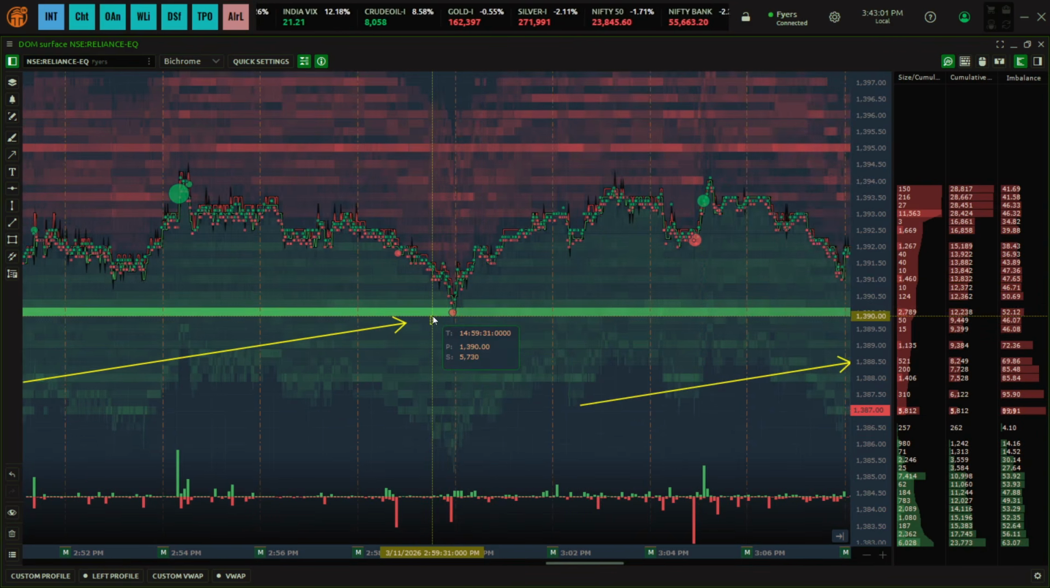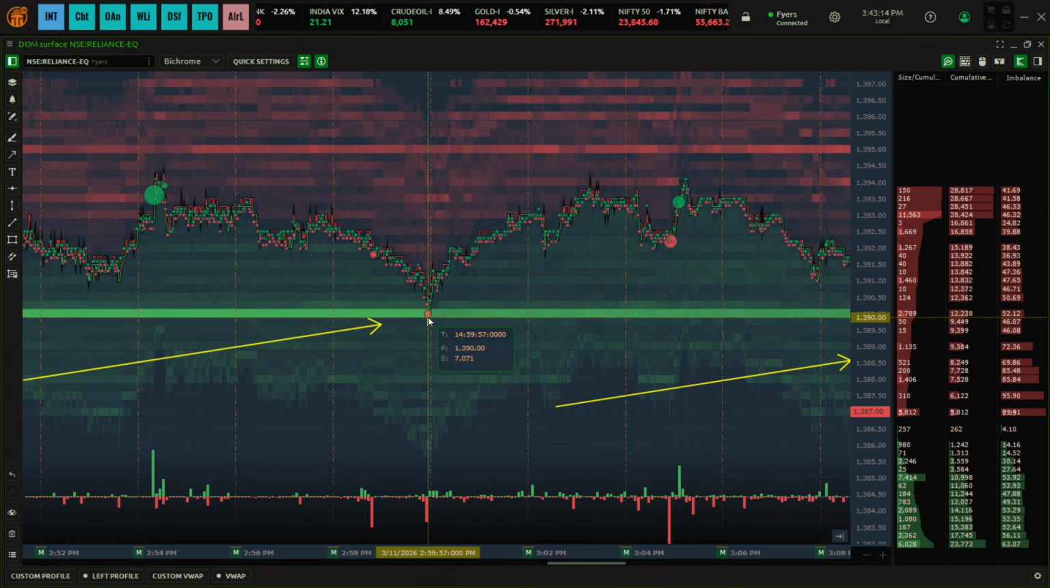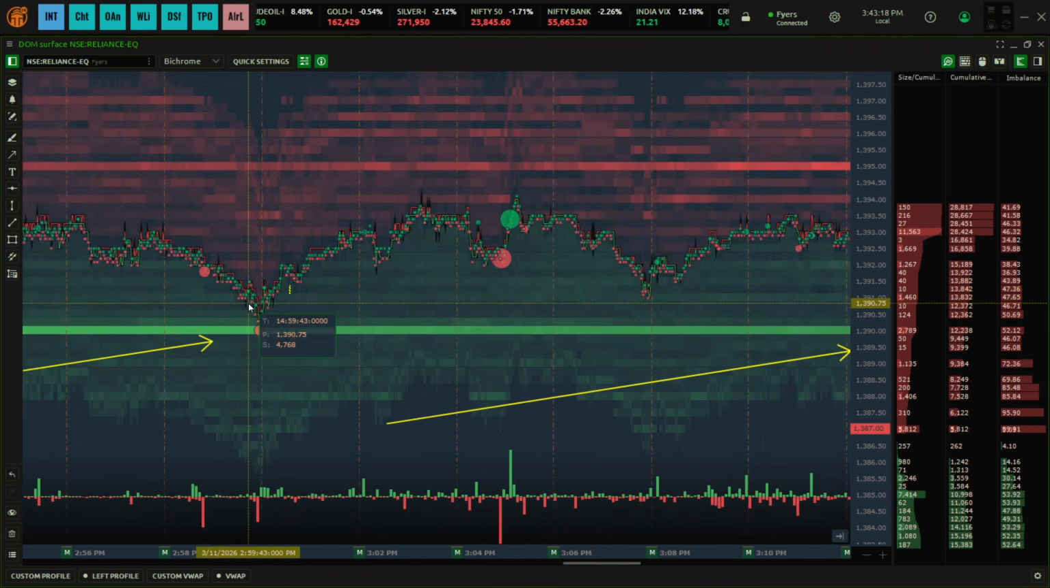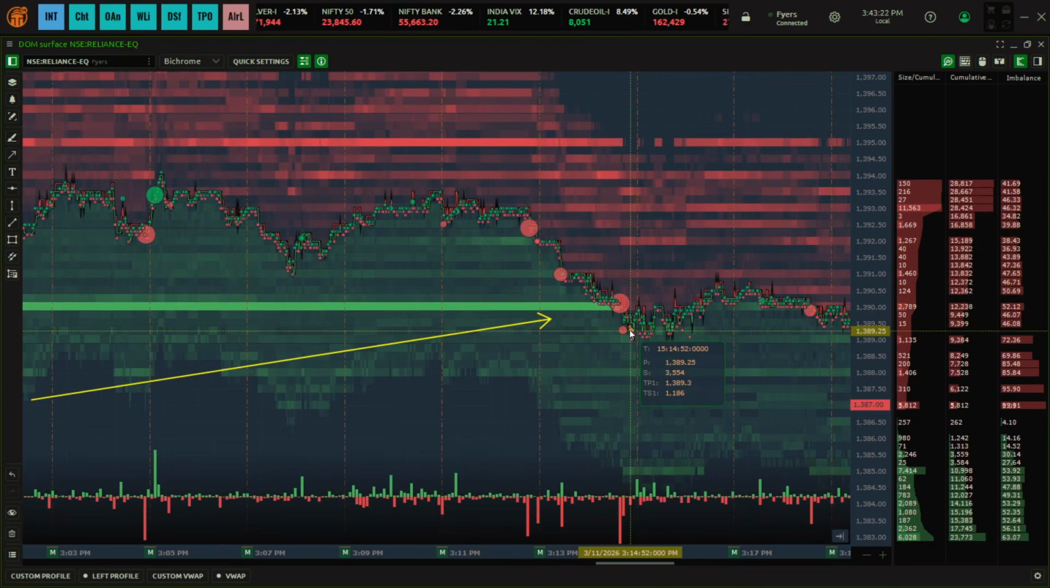So you can see before that the quantities were around 65,000 or something, and later the size is around 40,000. So it has not taken all the quantities, but it has acted as a support for now. Some quantities are traded here, and later on you can see the market actually breaks this level, and